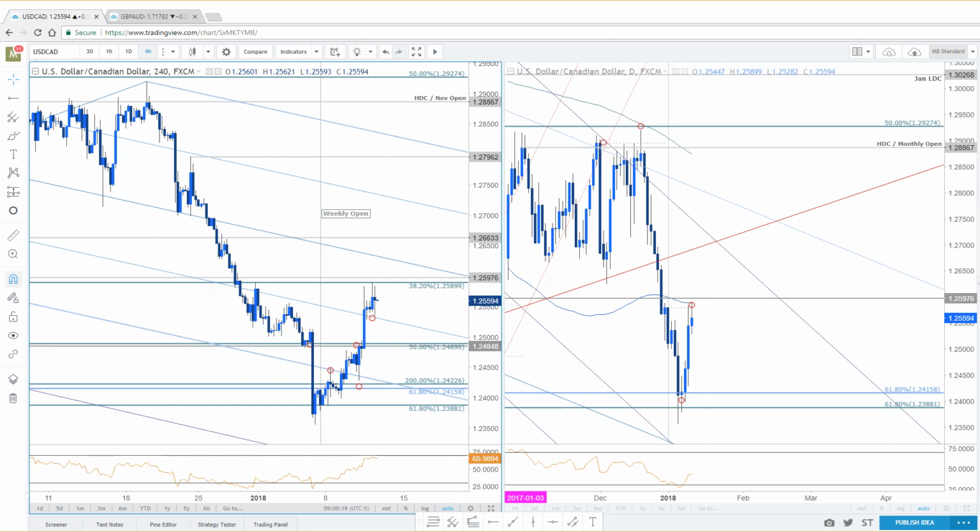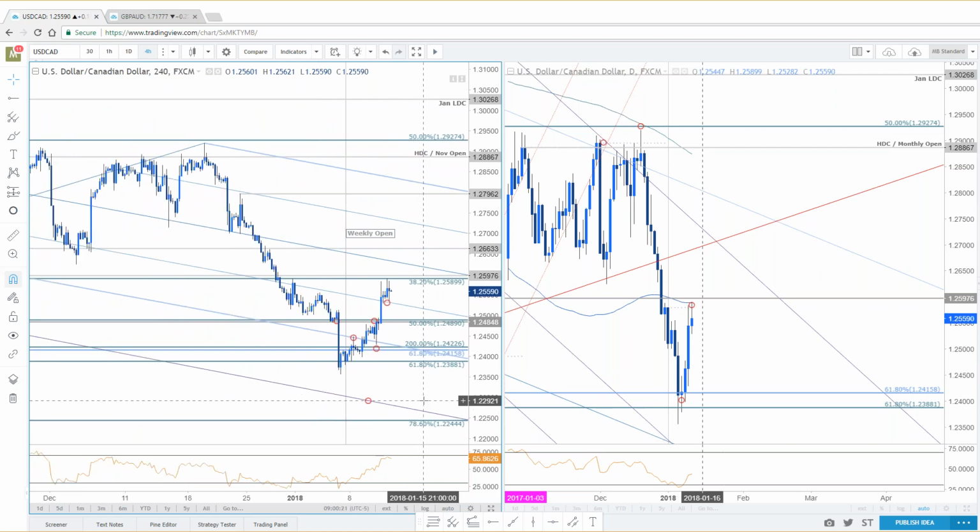Questions on the loonie? Now, like I said, we're at resistance. Weekly opening range is set. If you get a pullback off that level, you want to treat this as a range, just as we're doing with the dollar index. A breach above, a close above 1.26, there's a bigger recovery going to be in play here. So, range. It sucks, but that's the condition we're trading in, guys.